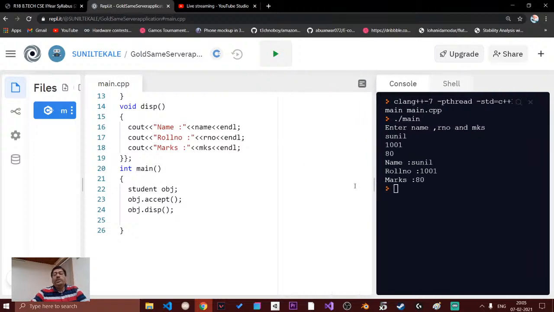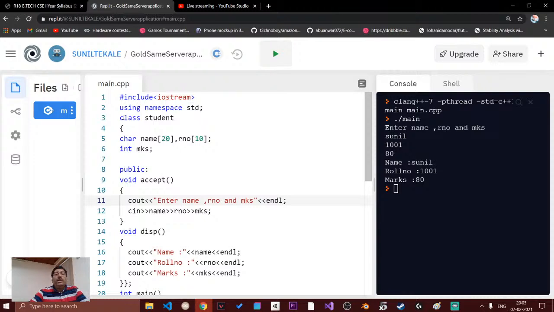So the things that you need to remember whenever you are writing a program with the help of a class: you are supposed to use the keyword class followed by the name of the class. The name of the class can be any name of your choice. In a class you are supposed to have the data members, nothing but the variables that you want to declare, and then you can have some functions in a class. So whenever you have data members and member functions, you are supposed to make the functions of the class public, whereas you are supposed to keep the data members private. We'll explore the reasons why the data members have to be private and why the member functions have to be public